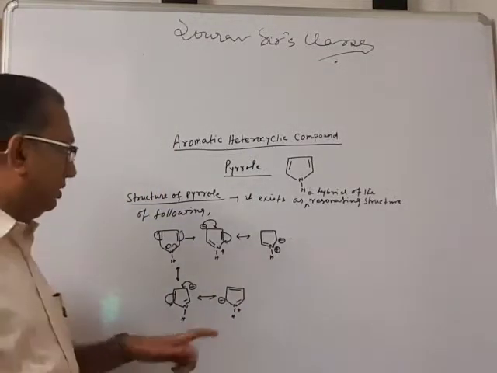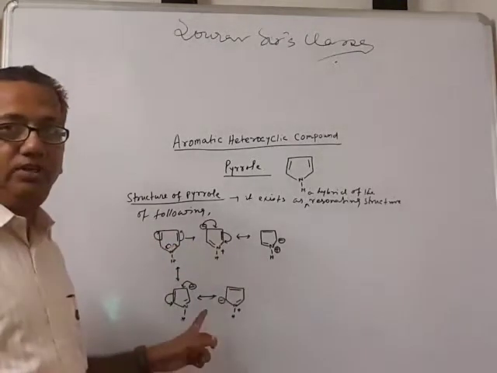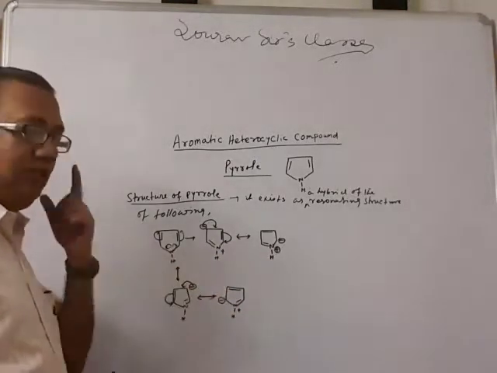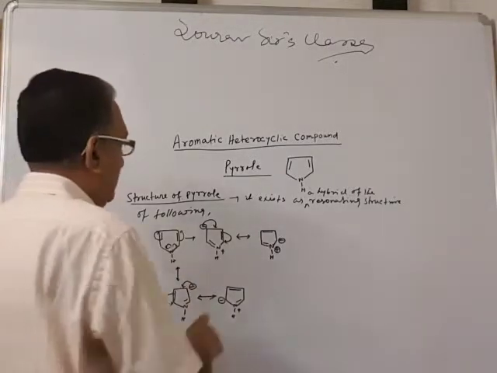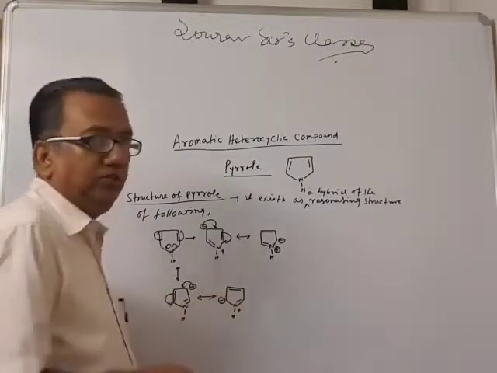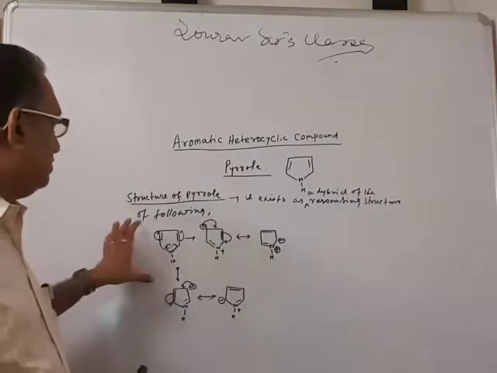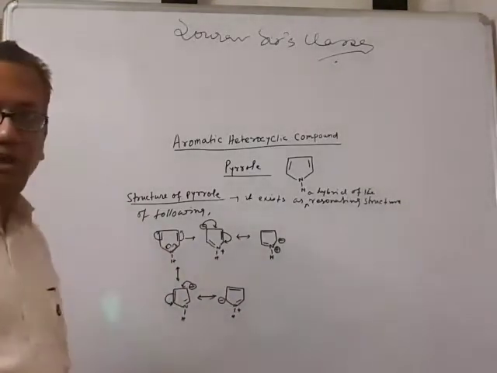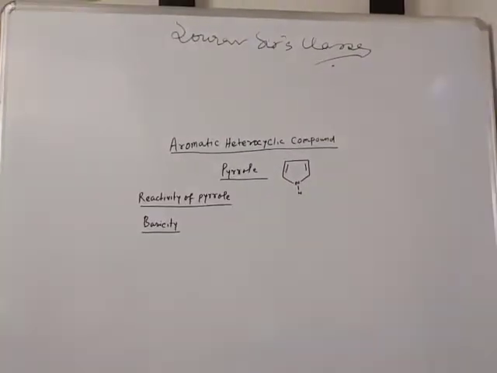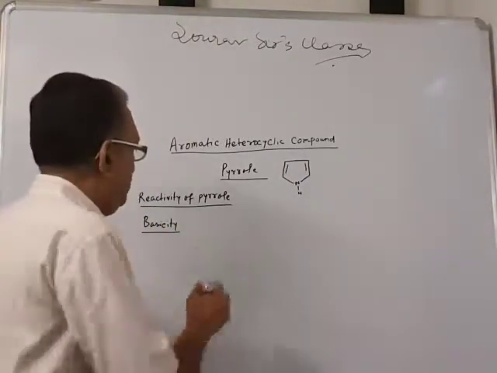So this is another resonating structure. This pyrrole molecule actually is a hybrid of all five resonating structures. So this pi electron and the lone pair over the nitrogen atom remain delocalized within the ring. So this is the actual form of the pyrrole. Regarding the reactivity of pyrrole, we see that in case of